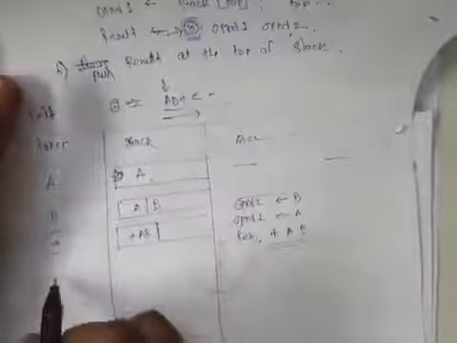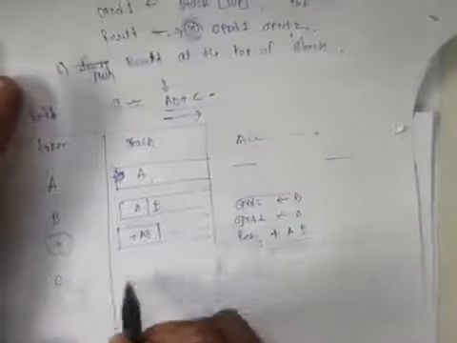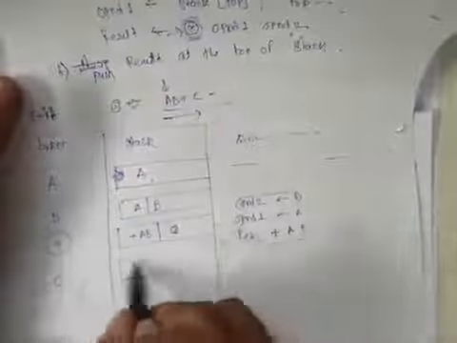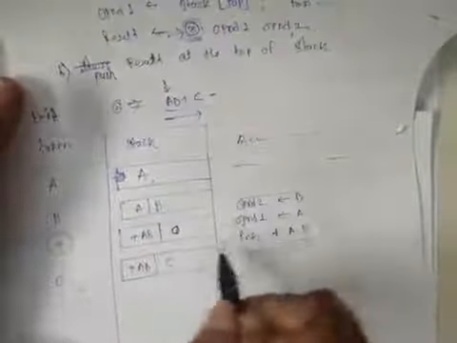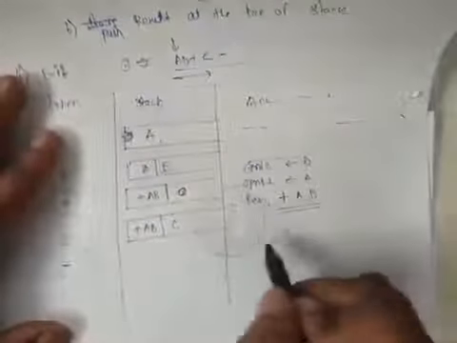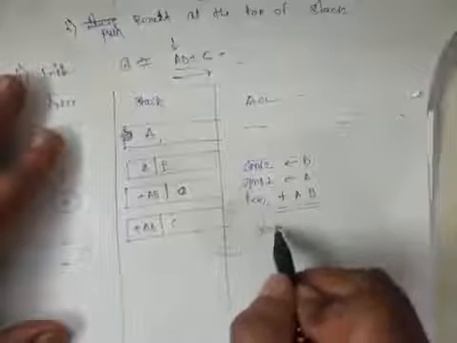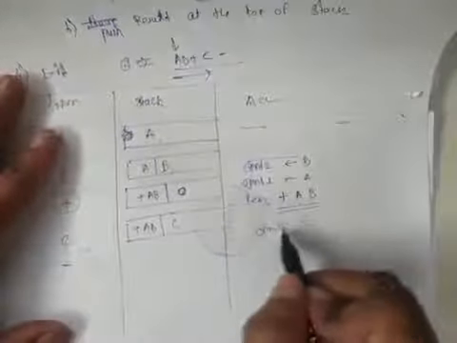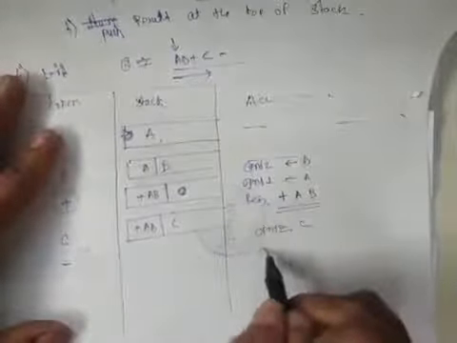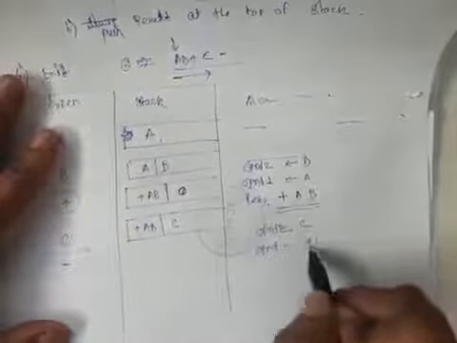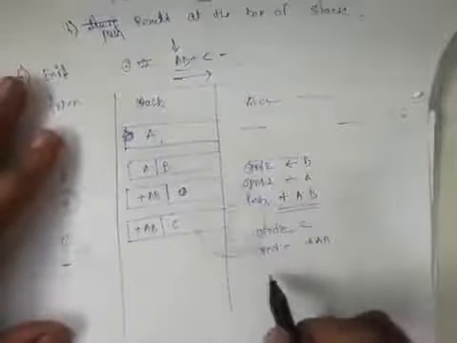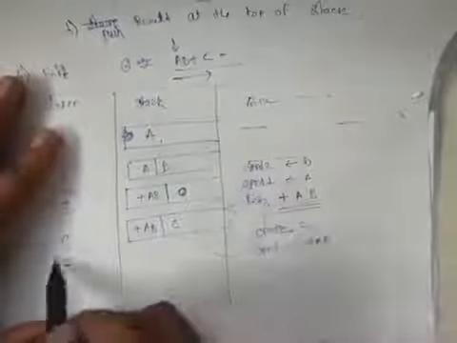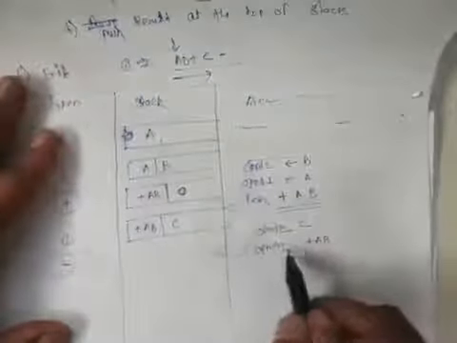Okay, next token is what? C. Again it is an operand, so push that C on the top of the stack. Next token is what? Minus sign. So we pop. In operand 2 we get C, and in operand 1 we get plus AB. Again the same thing: we put the operator before operand 1 and operand 2.